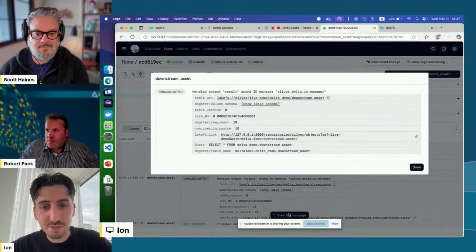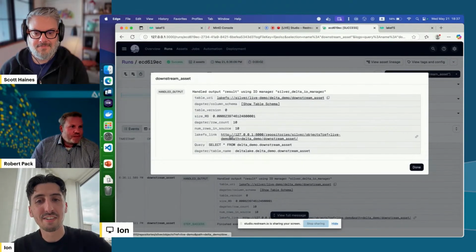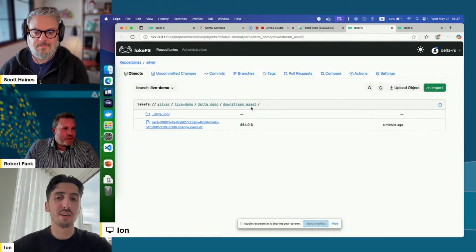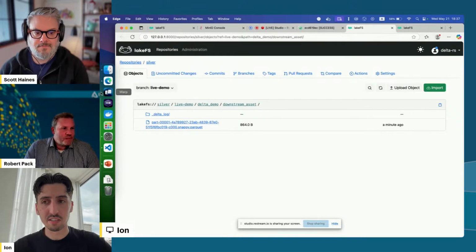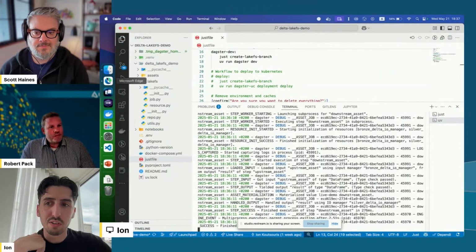This button of the sharing is in front of it. And you can click on the LakeFS link again, and we can see that we're in the silver repository and we have materialized this downstream asset. So one thing I really like about this workflow is